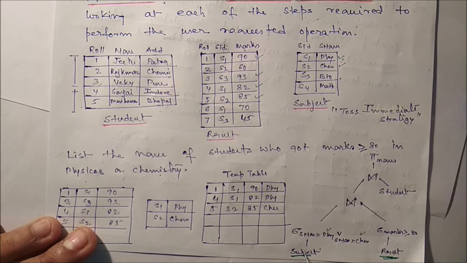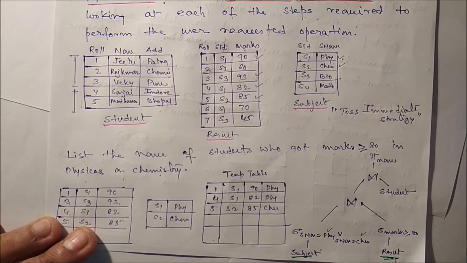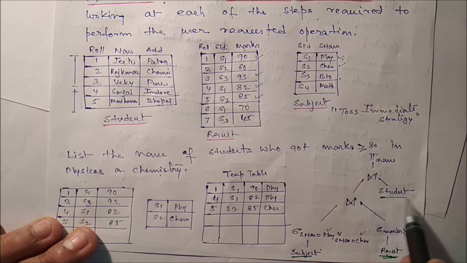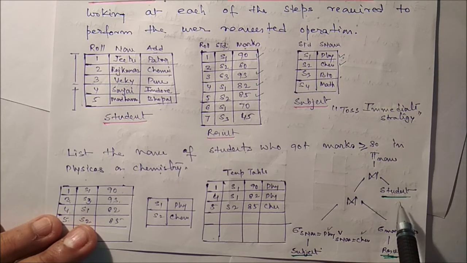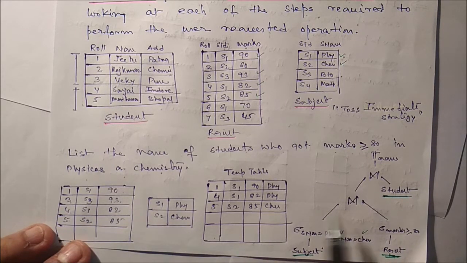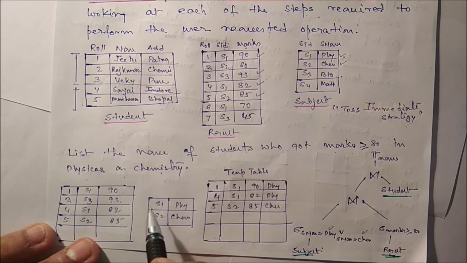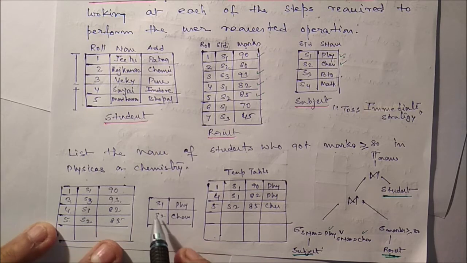That means we need the blocks where the subject is present, we need the blocks where the results are present, and we have to merge these. After that we need the block where the student table is there. That means we can have the information. After that we need which particular table? Now see, this is our natural join, so we can apply the join.